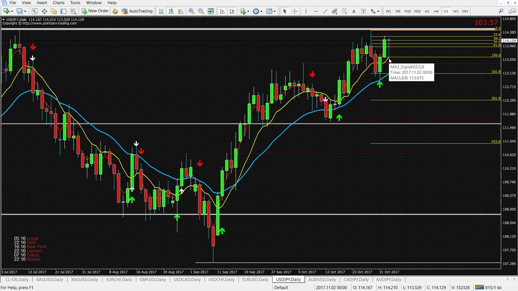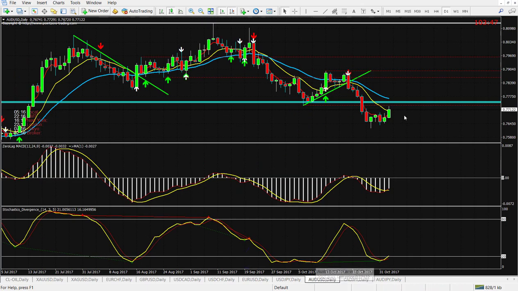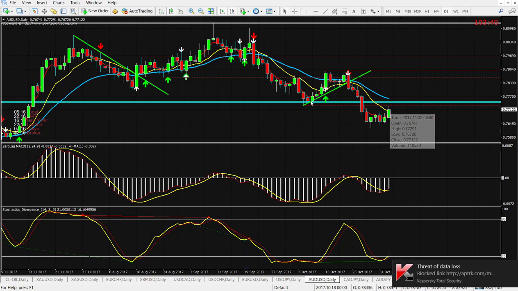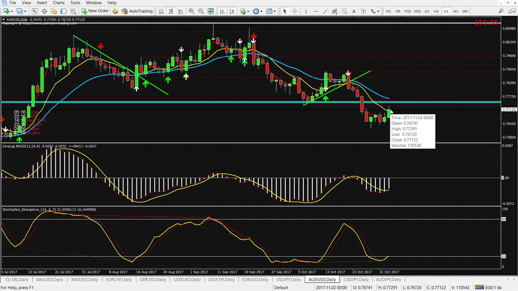So it shows that the buyers are getting more powerful, and probably they're gonna break this resistance area, but it's still not any signal. AUDUSD, if it closes above this EMA, it's a kind of a signal. We can enter the market a little bit, maybe at least for a small profit, or I advise you to